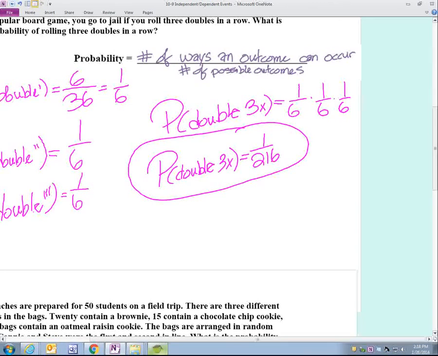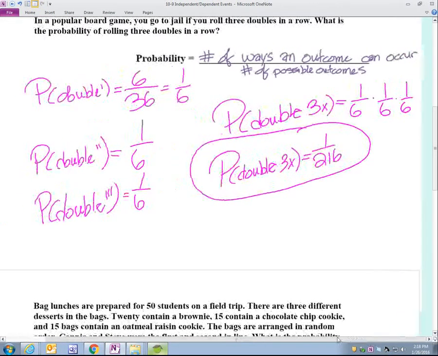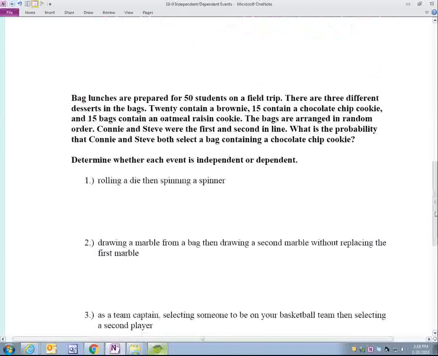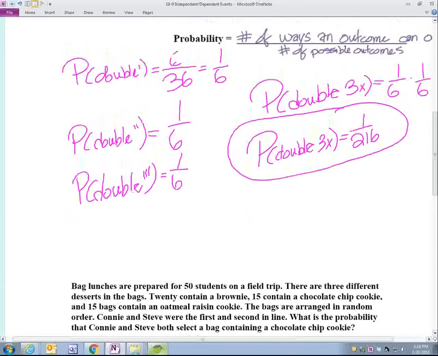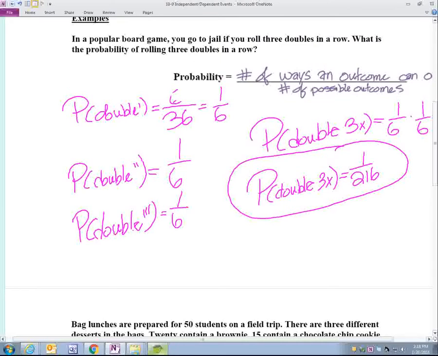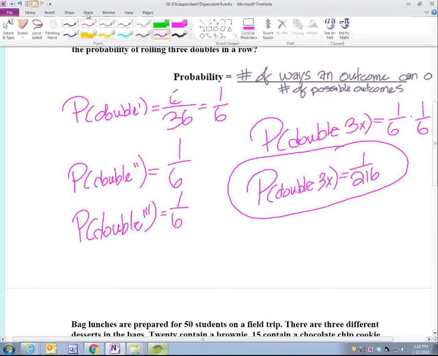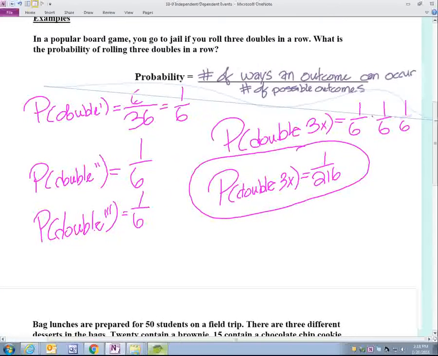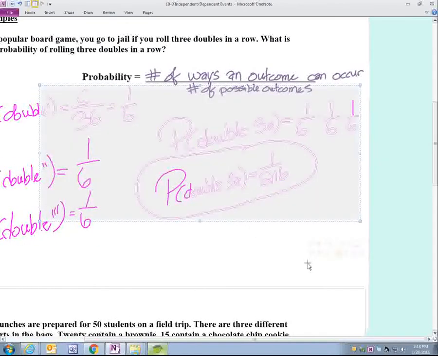Because Mr. Smith gets confused easily. Now for this next one, I wrote that way too big. For this next one, I'm going to do the work above it so I can keep this onto one page